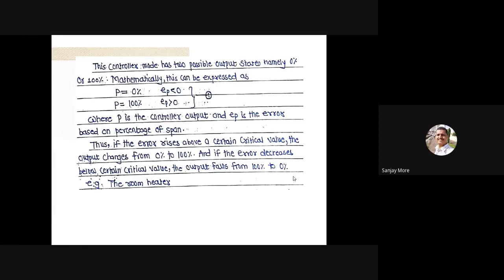Therefore, P is equal to 0% or P is equal to 100%, means e(t), the error of this input, is less than 0 and e(t) is greater than 0, considering equation first. If the error rises above a certain critical value,